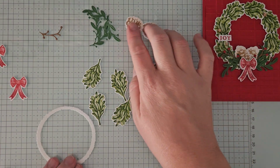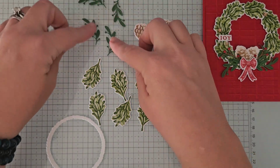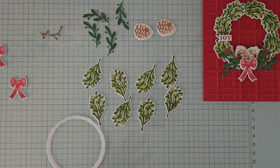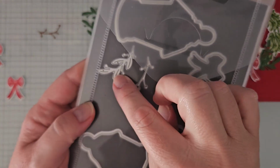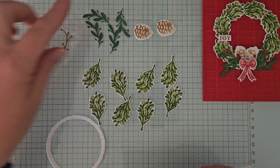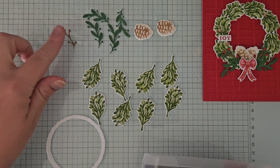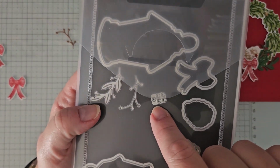You're going to need 2 of the pine cones, 4 of the little green sprigs in the dies, which, let me pull out the dies, let me show you which ones. You're going to need 4 of these, and then you're going to need 2 pecan pie. These are garden green, by the way. You're going to need 2 pecan pie little sprigs, and then this little die cut right here, those are your little